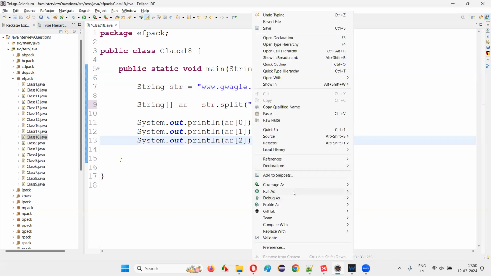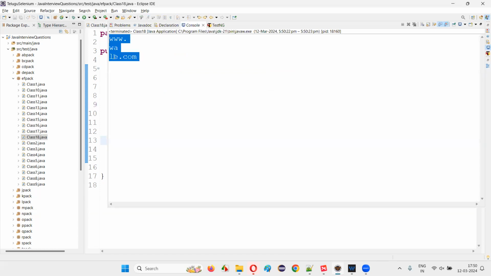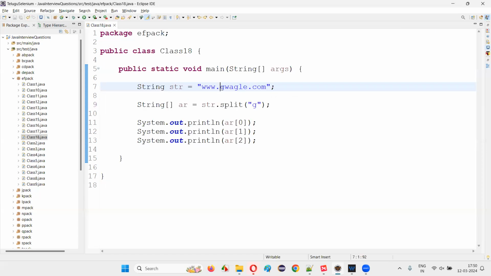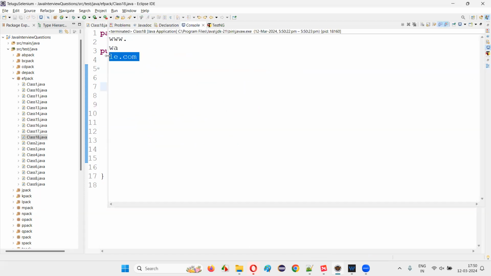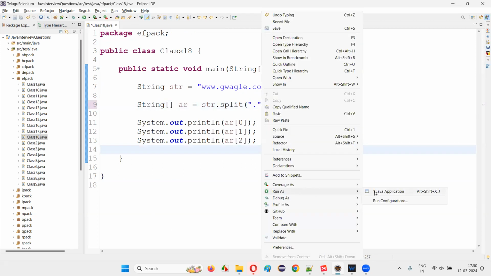You see, with G, it will work fine. But with dot, it will not work fine. Split is not working with dot. Okay, it's a tricky question, guys. You see, www dot. The moment G came, the split happened. The initial split went to AR of 0. And then WA, next one is what? WA, okay, second. And the third one, after G, is le.com. You see, like this, it separates. But with the dot, it will not work, guys. It will not work. You will get array index out of bounds